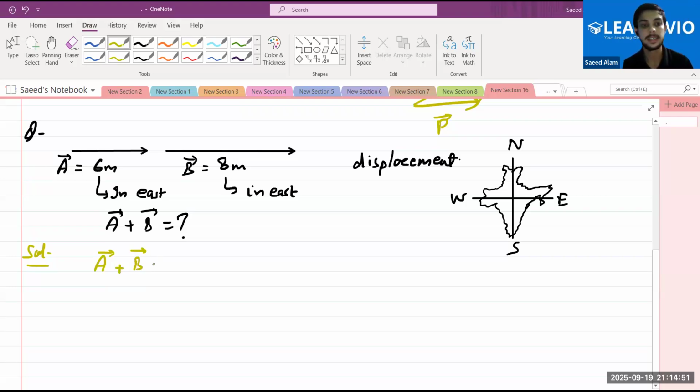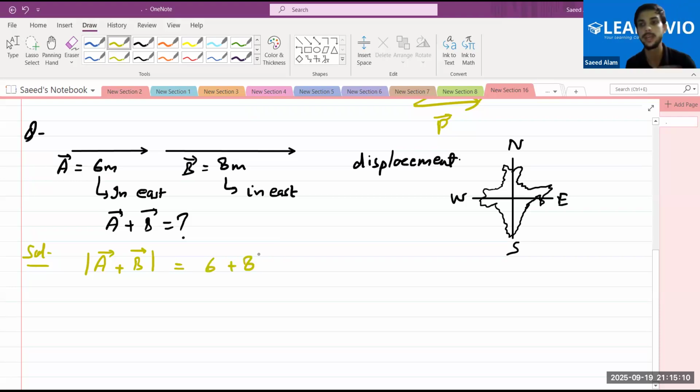14 meter. Yes. So from now onwards, let me do things clearly. What I'm doing here is that I'll write the magnitude and then the direction. That will completely represent the vector. Yes or no? Okay, so the magnitude of A plus B, you are answering me that that is 6 plus